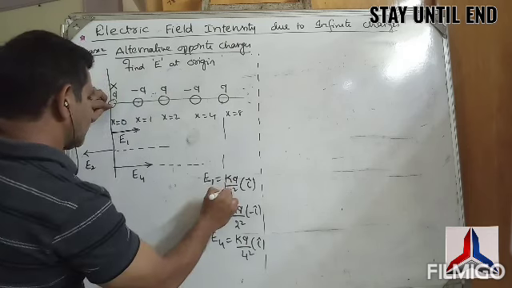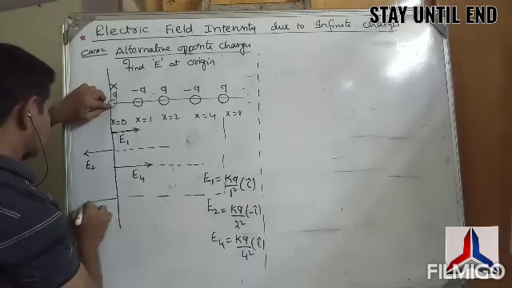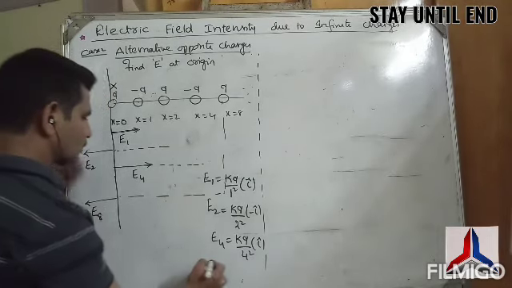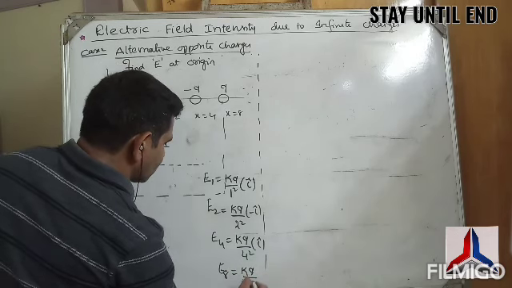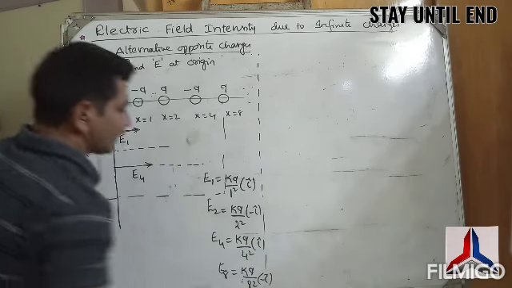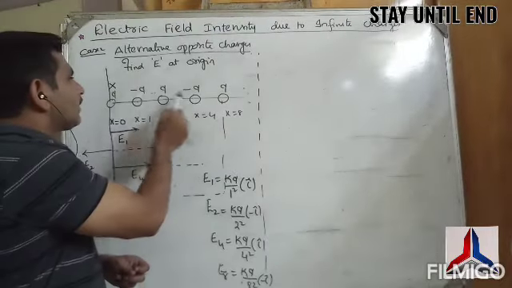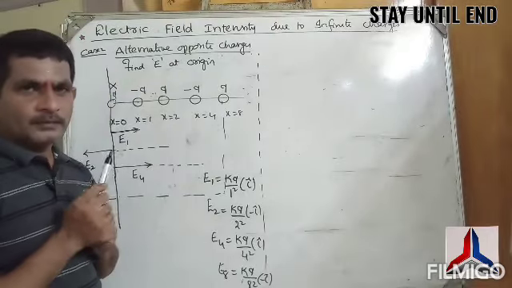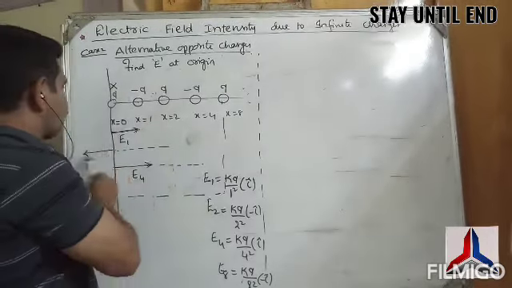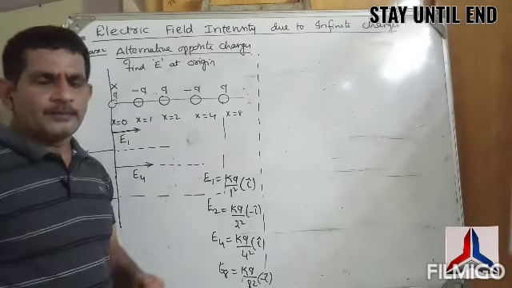And this is another charge. At what distance? 8 meter. So E8 is equal to KQ by 8 square, minus i. Keep in mind, there are two important points you have to remember. One, even though the charge is negative, you should not apply the negative in the magnitude. And away from positive, towards negative, that sign convention you should follow strictly.